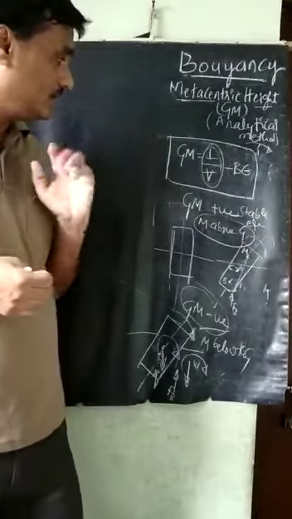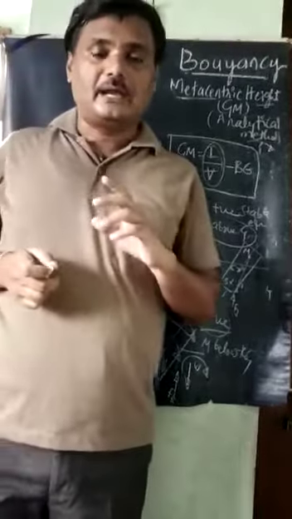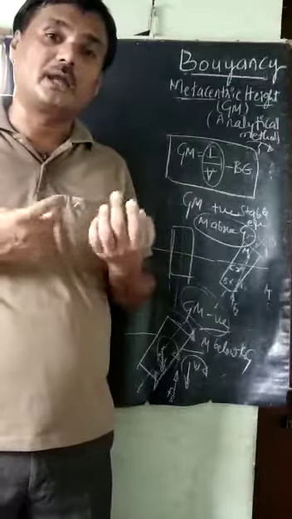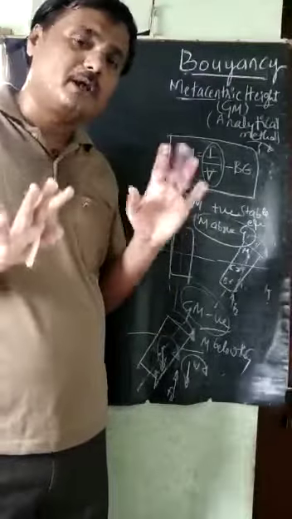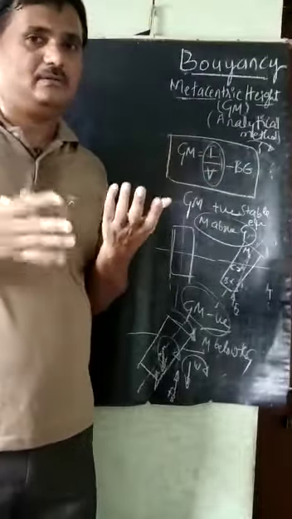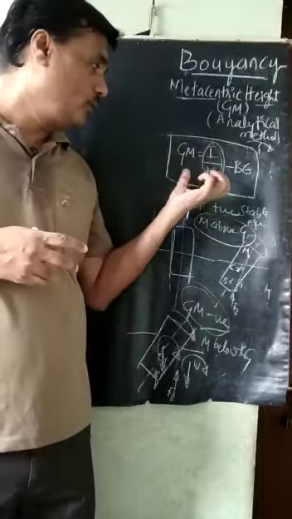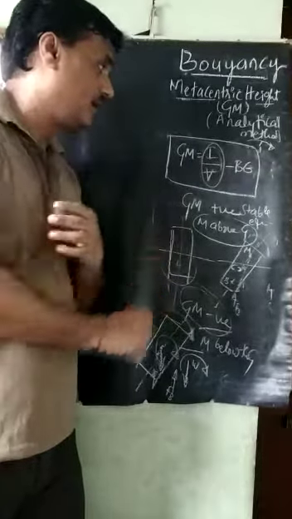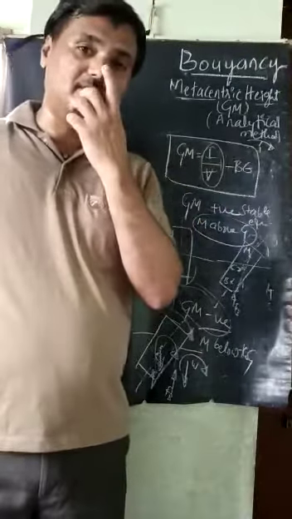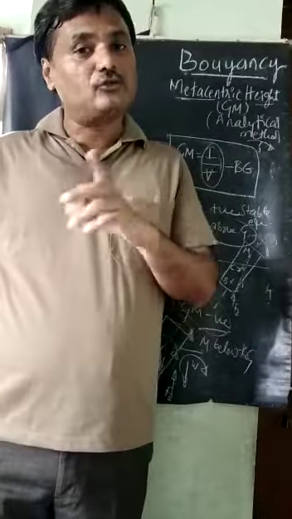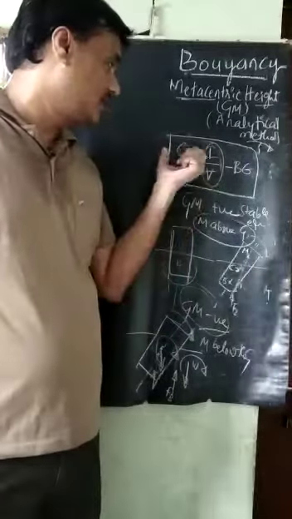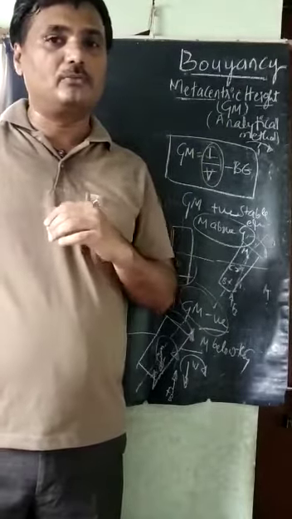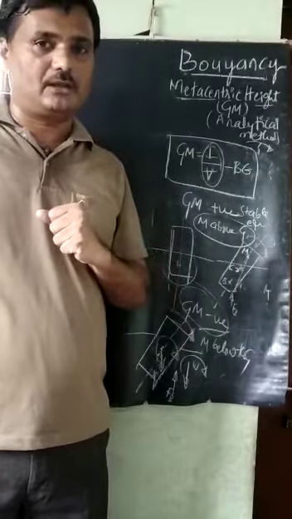So this is about the metacentric height and its analysis, where the G is, where the M is coming, positive, negative and all. The numericals are very simple on this matter. The formulae are there, we have to apply them. The volume of the submerged portion has to be found, and the distance between B, the center of buoyancy, and G, the center of gravity, has to be found. Then if you substitute, you will get the value of the GM. Then we can tell whether the body is in stable or unstable equilibrium.